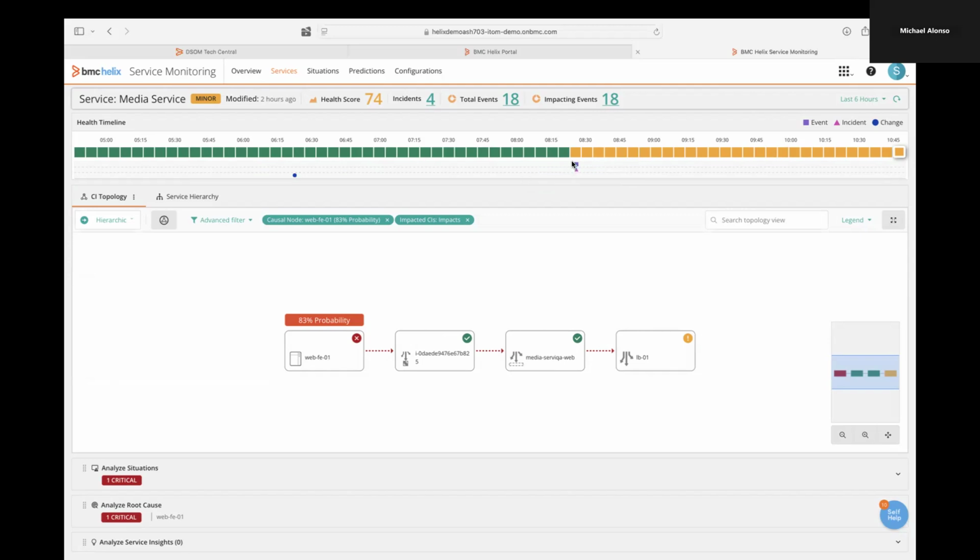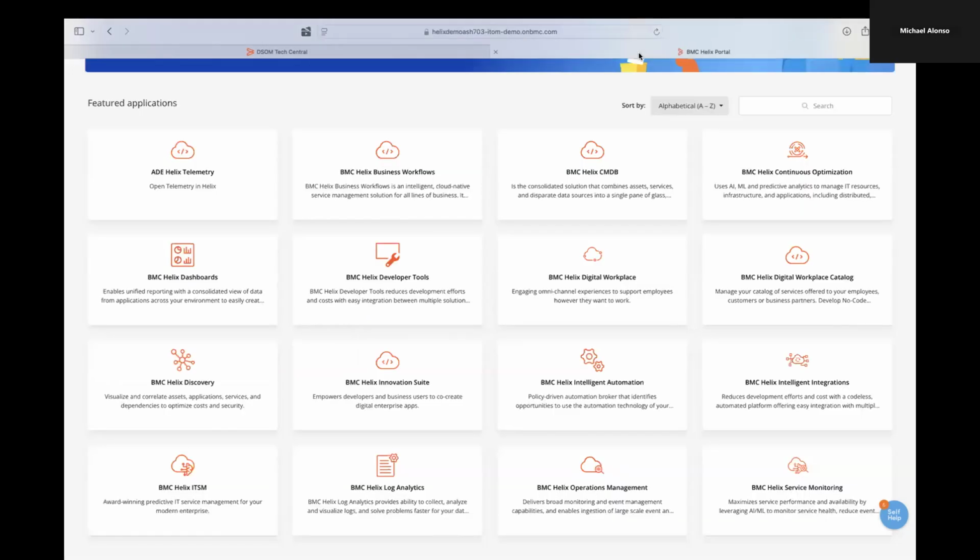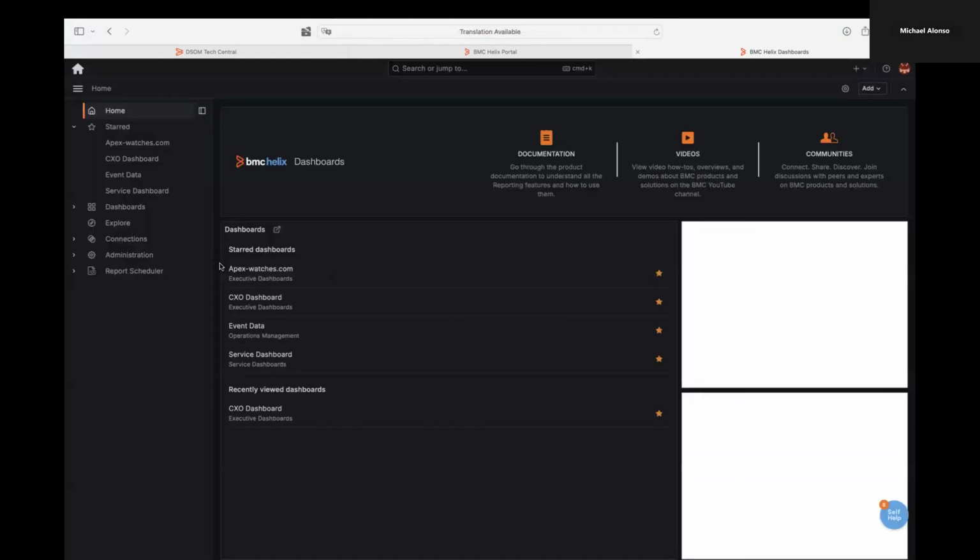What I want to end today with is a little bit of a different view. A lot of our customers love keeping that service monitoring component up, but we also have our management chain, not engineers like myself. What I want to show you real quick, lastly, is our Helix dashboards. We have our dashboarding technology, some of you may have heard of it. It's Grafana. Many of our customers, actually most of my customers, utilize Grafana today.